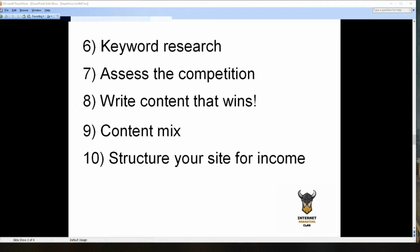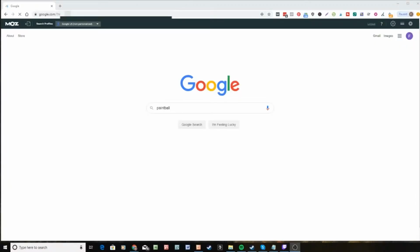So when it comes to competition, think about content just as much, if not more so, than the links. And you can assess content from within Google. And so we're going to go back over to Google, and